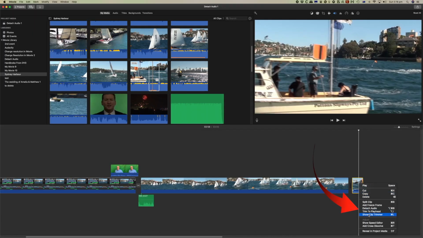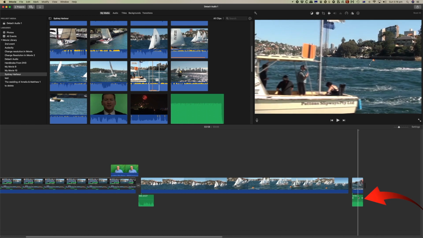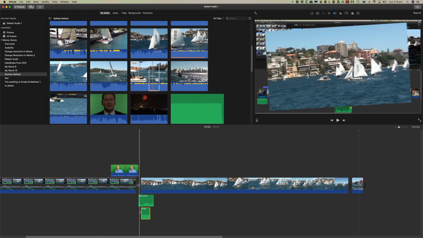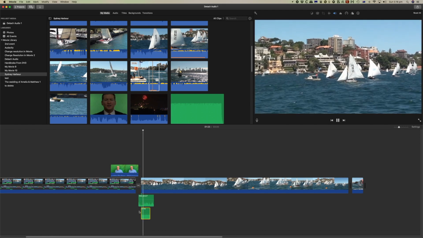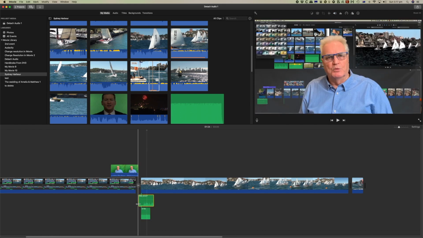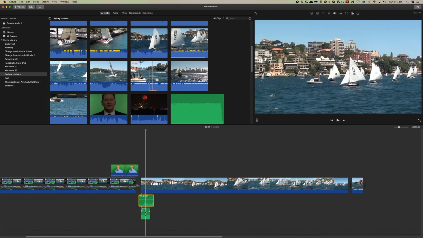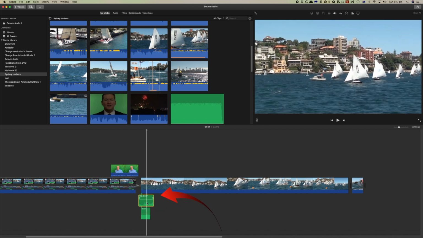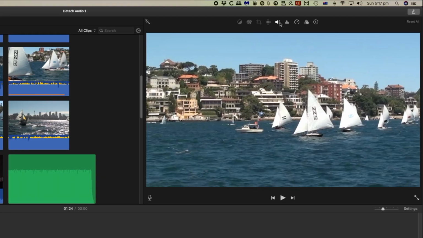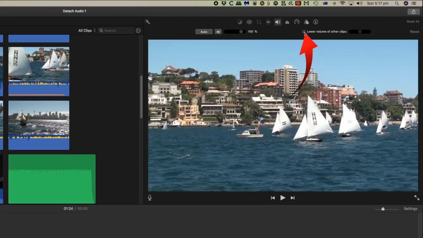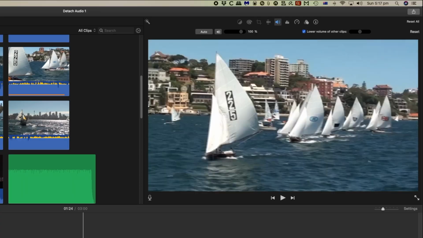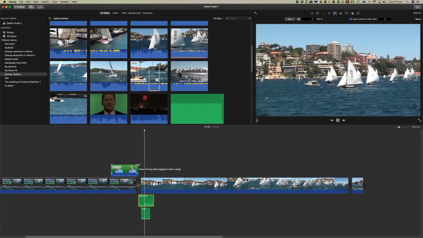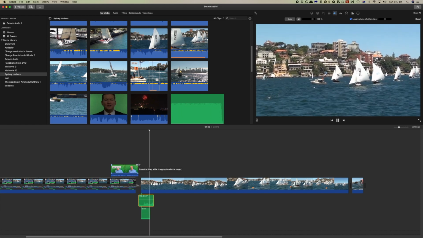So if we now detach the audio from this and drag it underneath this clip here, when we play it, it's far too loud. We can change the volume of the lower clip by reducing it here, or we can select the clip above and come to audio and select lower volume of other clips. And now when we play it through,